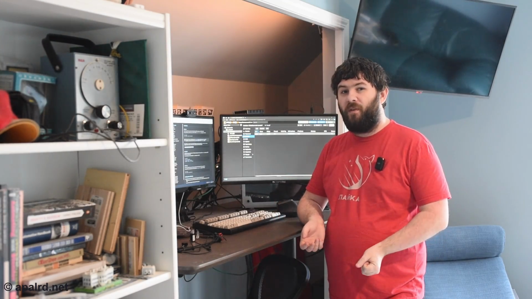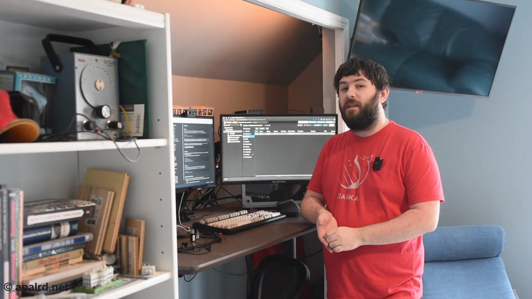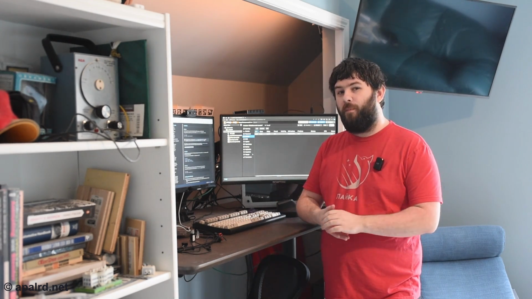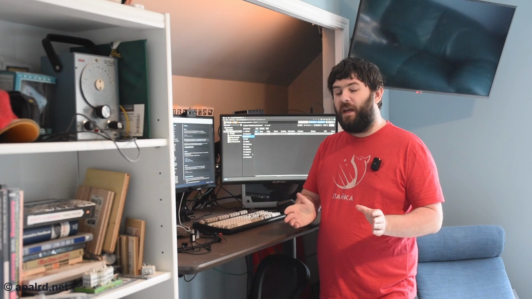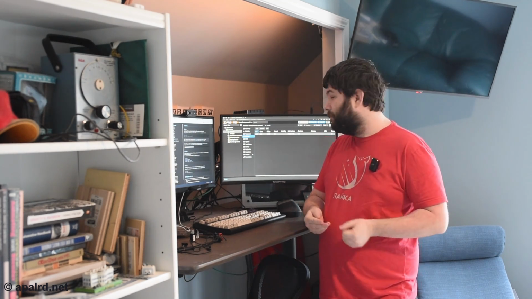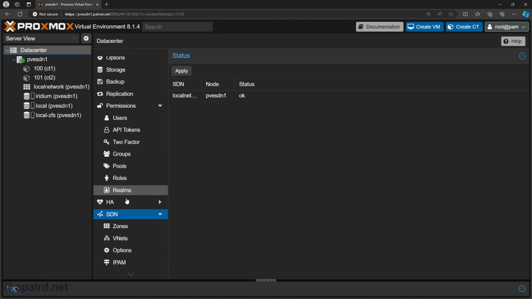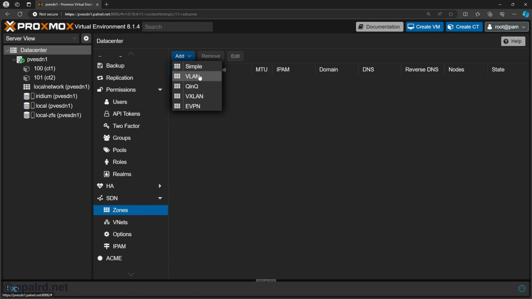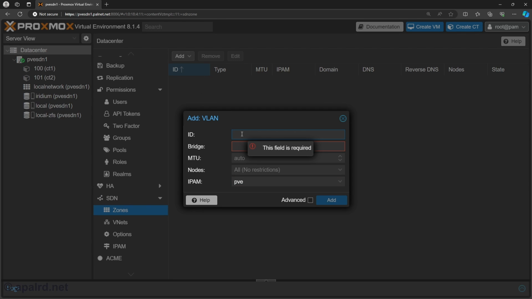So let's go for a little bit more of a complicated setup. Let's do some VLANs. I'm going to guess most of you are probably going to be using the VLAN zone type the vast majority of the time. So let's set that one up. So go here, zones, so we'll add a VLAN zone, and we'll call this